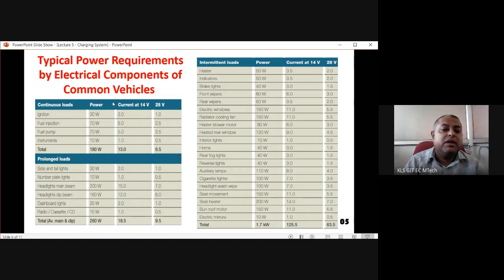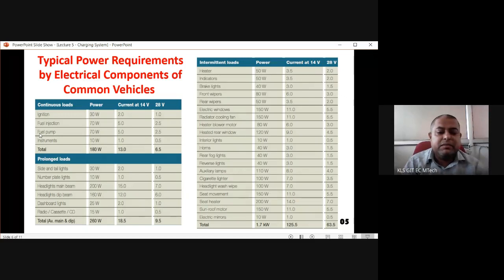Okay. So likewise, total current requirement is 5 plus 5 plus 2 plus 1, that is 13 ampere. So this is 13 ampere is the total power requirement, and multiply 13 into 14, you will be getting around 180 watt. Or same way if you are using 28 volt, you will be having the current little less, but voltage is high. So multiply 28 with 6.5, you will be having something like 181 watt or something. Okay, so this is how you are supposed to read it. So either one column of 14 volt you read.